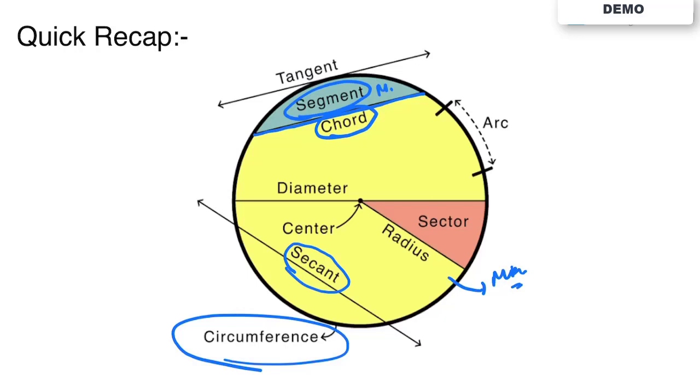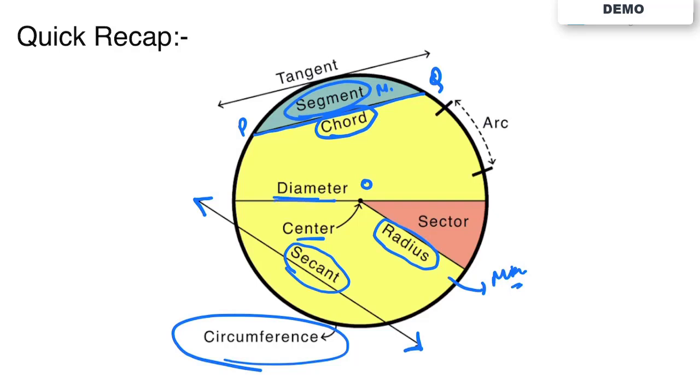And you know a line has no finite length, so we have indicated it with 2 arrows. Now if I don't indicate 2 arrows, you can see P, Q, it means they are fixed points, then it would be a chord. And if I don't indicate the fixed points and it is able to grow on both sides, then it will be known as a secant. You already know the radius. This is point O, it is called the center of the circle. Twice the radius is known as diameter.